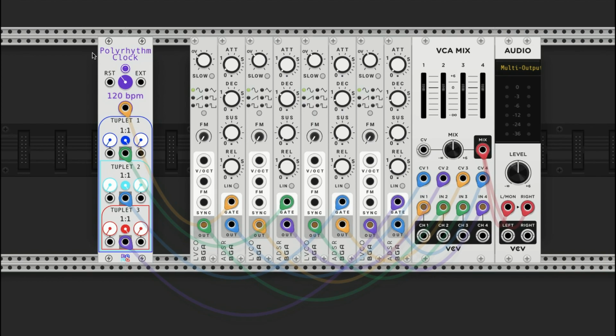But first I wanted to talk a little bit about some basics about this clock. It's unique and very versatile, but you can still kind of think of it as a clock that does multiplication and division, except these different tuplets are embedded within each other. So what that means is this tuplet 1 rhythm will affect the tuplet 2 rhythm, and tuplet 2 will affect the tuplet 3 rhythm. And